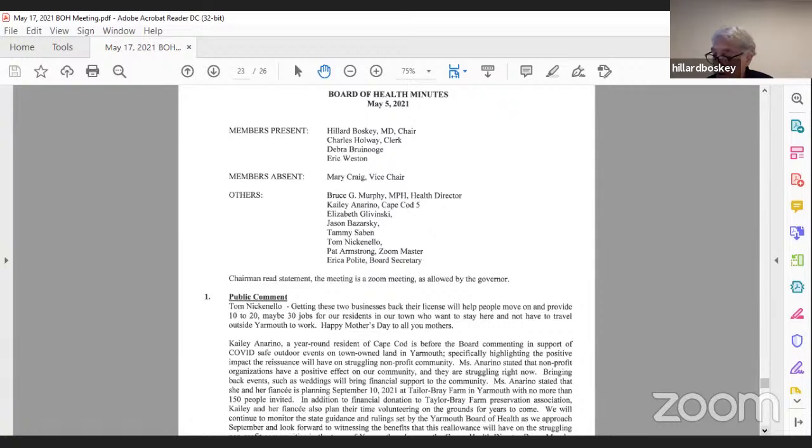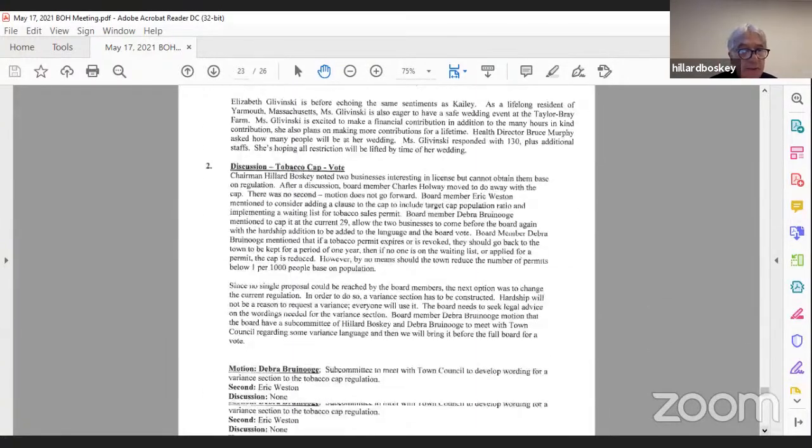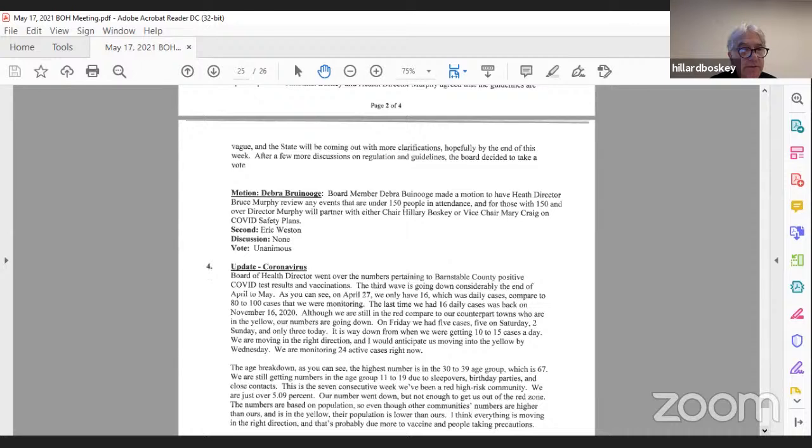On page 3, at the top of the page is a motion. I think Deborah made the motion. There's probably a spelling error on somebody's name there. That may be me. Okay. Oh, I'm so sorry, I didn't catch that, Hillard. Yeah, no, I have a cousin named Hillary, but I don't think she made the motion or seconded it. Anyway, I just added the D. It's all set, you're good.